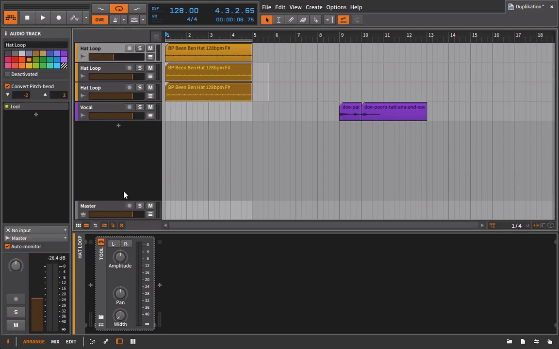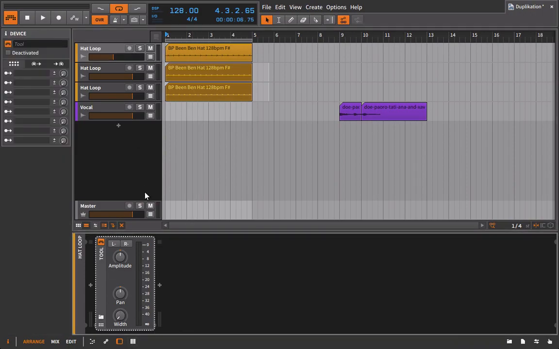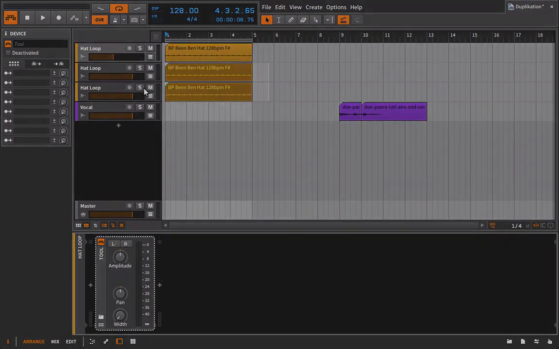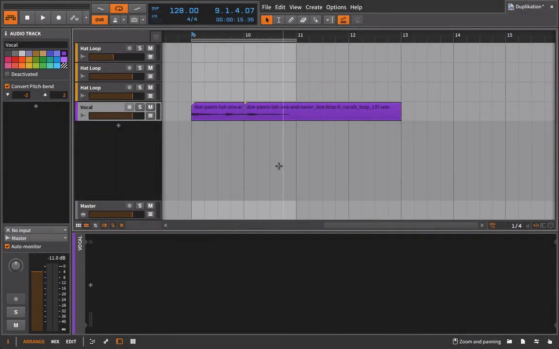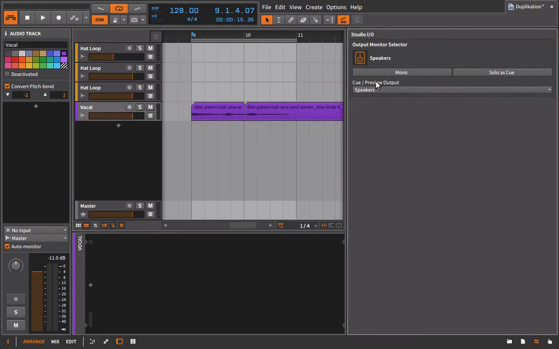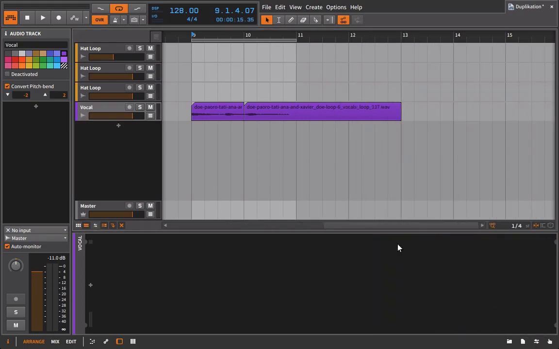The only plugin you would need is a utility on the first instance, with which you're bringing the width all the way down to 0. But apart from that, you're pretty much good to go with the stereo. So with this second example, we're going to talk about what you might have to do if you have a mono file. So I've gone back here and I've turned off the mono for now, so we will be able to listen in stereo. So if I have this vocal,